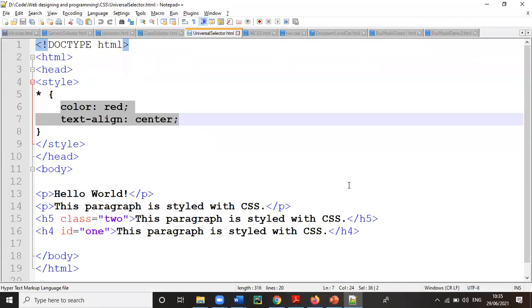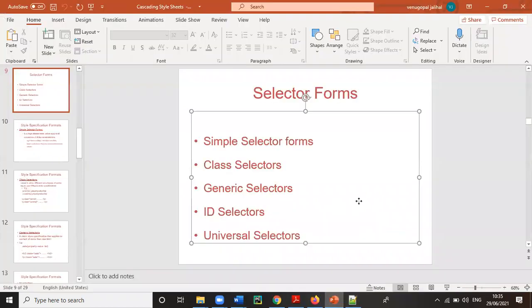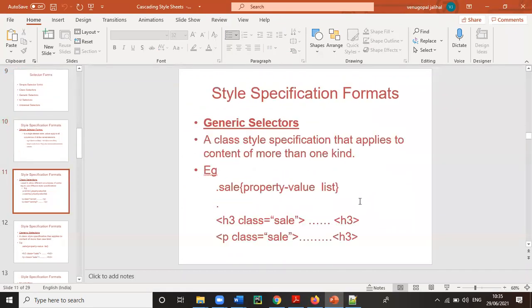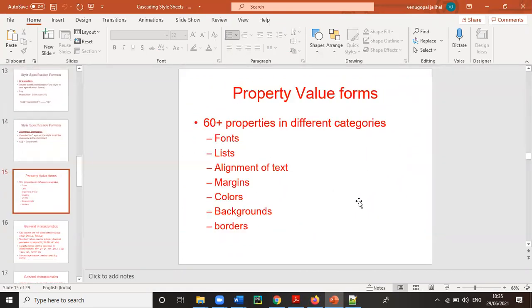Yes, sir. Again, a very important question from the examination point of view also. So you can definitely expect a question on this. So we have seen simple, generic, ID, and now here,